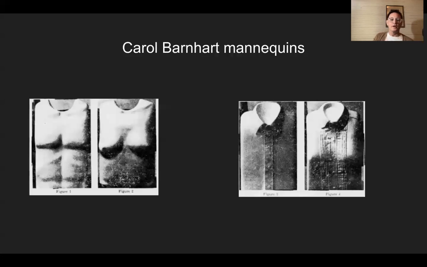By contrast, the Carol Barnhart case involved mannequins or mannequin torsos, and the company was claiming copyright ownership over the particular shape of the mannequin torsos. And ultimately the court said, no, the reason that they have this particular shape is because it plays a role in the functionality of the mannequin torso as it's intended to be used for displaying clothes. Now, obviously the